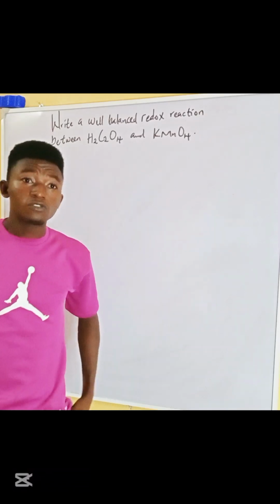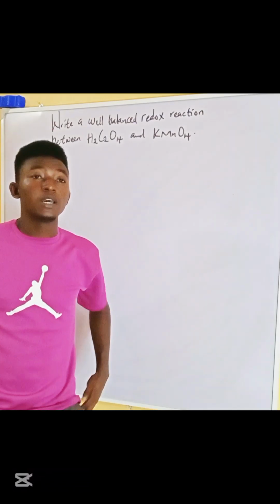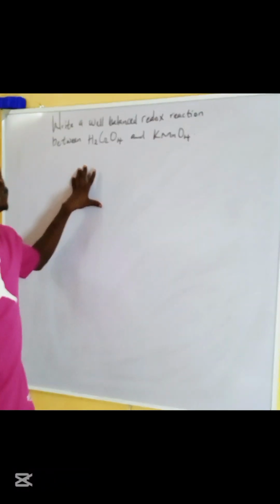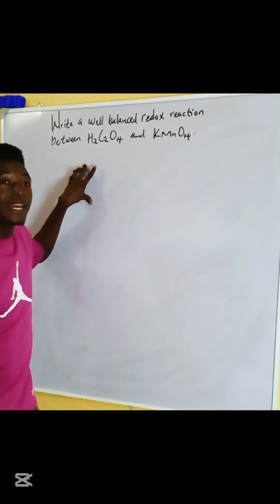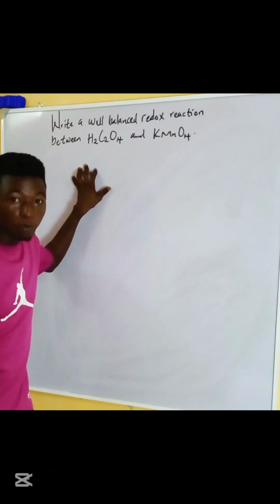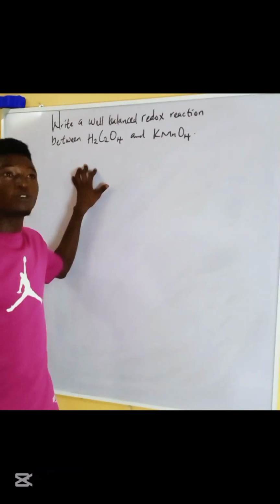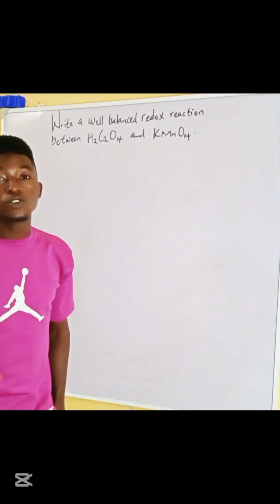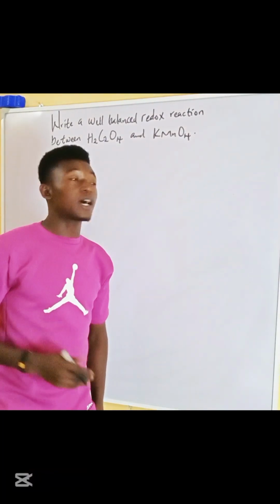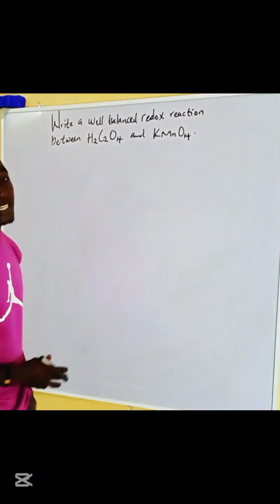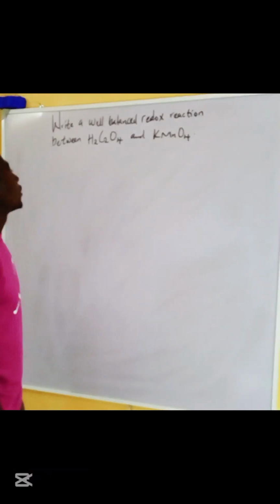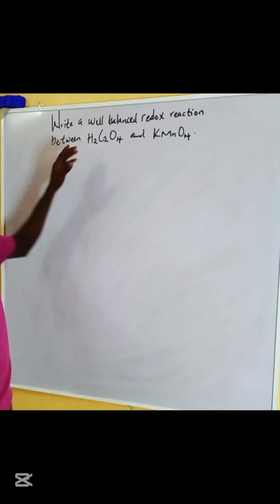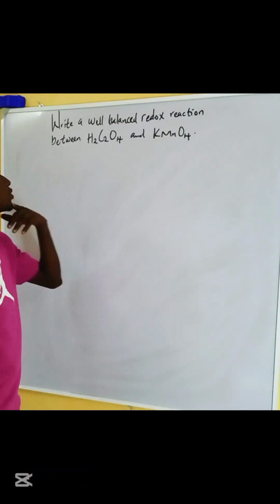in secondary level chemistry. And today, if you follow to the end, I assure you, you are going to not just learn the method and the techniques, but understand it in every aspect. So I need you to follow me, get your pen and paper, your jotter, and be attentive and, of course, write down. Alright, so the question says: write a well-balanced redox reaction between